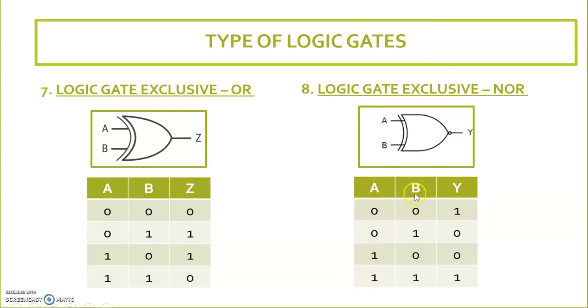A is the list of input A, and B is the list of input B, and Y is the output. It's basically the opposite. The output for exclusive NOR is the opposite of the output of exclusive OR. So 0, 0 will be 1, 0, 1 will be 0, 1, 0 will be 0, and 1, 1 will be 1. Okay, so that's all for